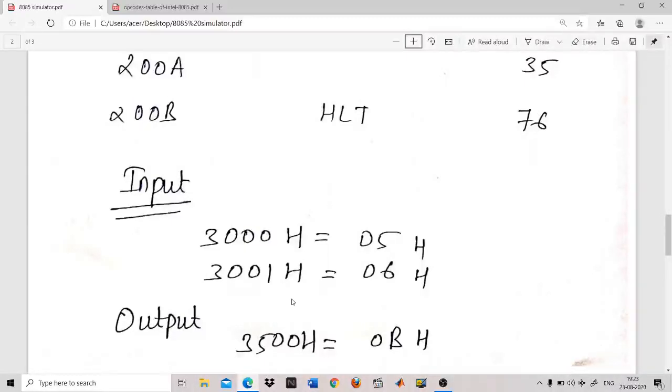In our 8085 programming, you always take the starting address as 2000 hex. It means that you always store all the instructions from 2000 hex. Then you always store the input variables from 3000 hex and try to find the result at 3500 hex. This you don't have to store. You will see it after performing the program in the 8085 simulator. You have to store only two things: the first is the instructions and the second is the input variables.